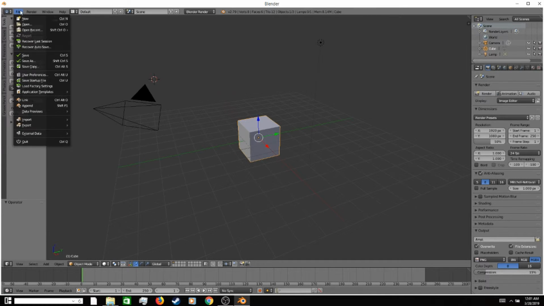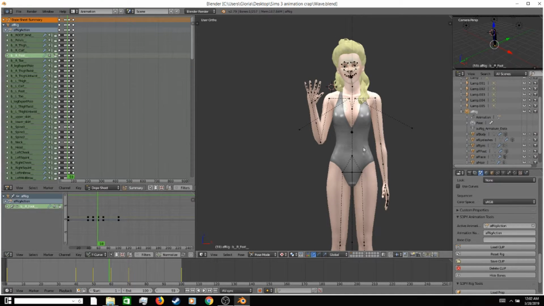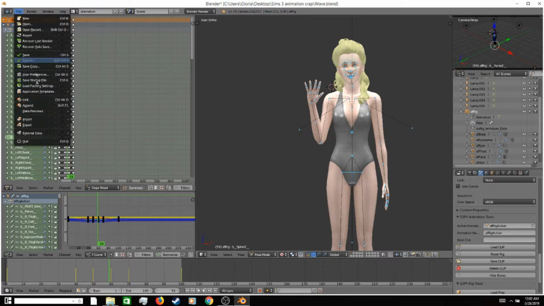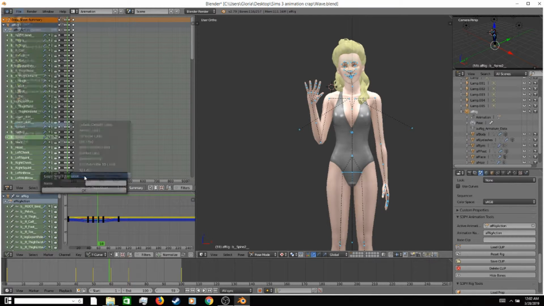So now that that's all taken care of, we are ready to begin exporting our animation into the Sims 3 game. So I'm going to go ahead and open up the animation that I created in the last tutorial. You're going to select any joint on the rig, right click, or press A twice, so every joint is highlighted. Then go up to File, Export, Sims 3 Animation, and this text box